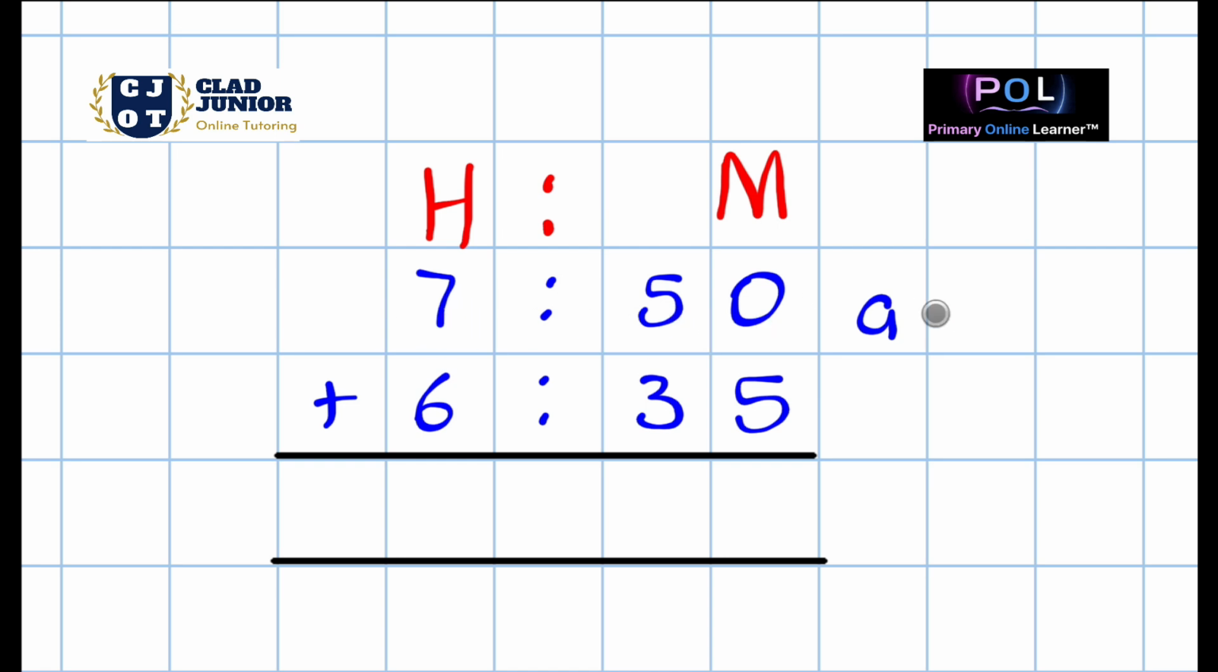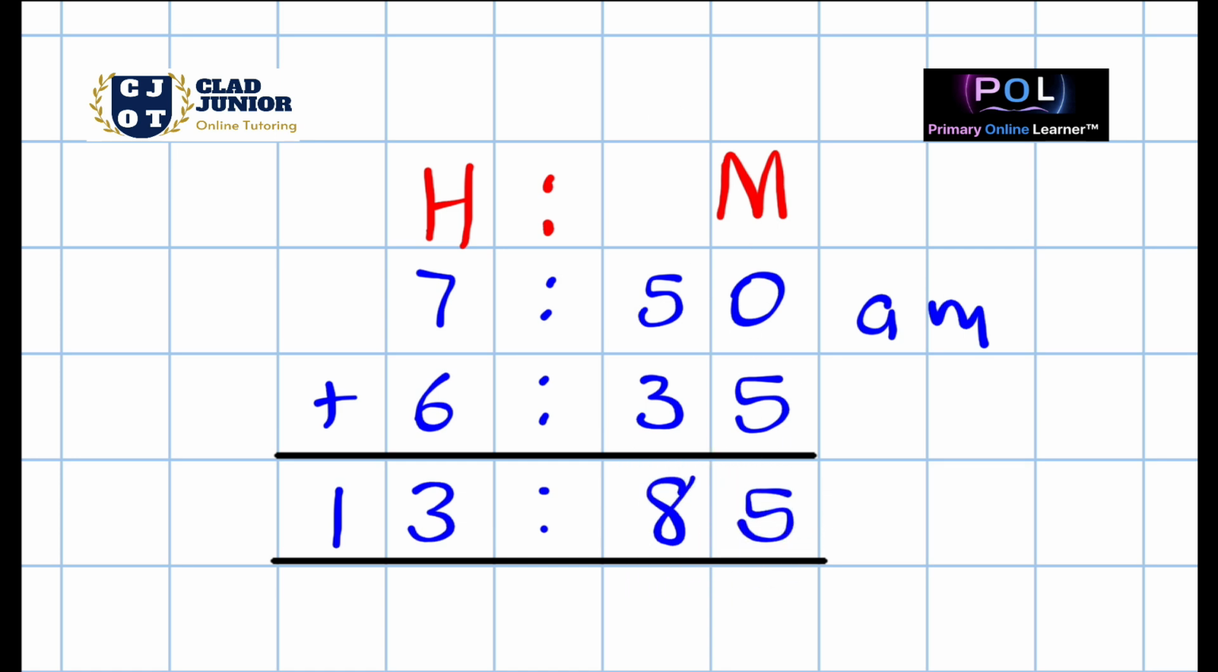Right, let's look at this one. Let's say 7:50 a.m. and this thing lasted for 6 hours and 35 minutes. We want to see what time it will finish. Right, so 0 plus 5 is 5. 5 plus 3 is 8. Then 7 plus 6 is 13. But look here, we have